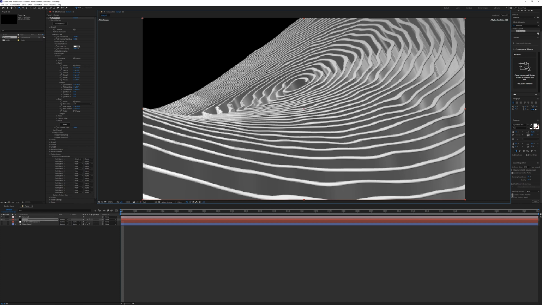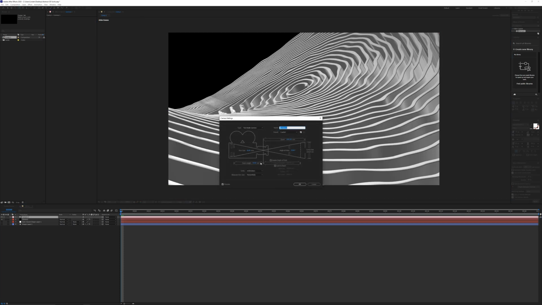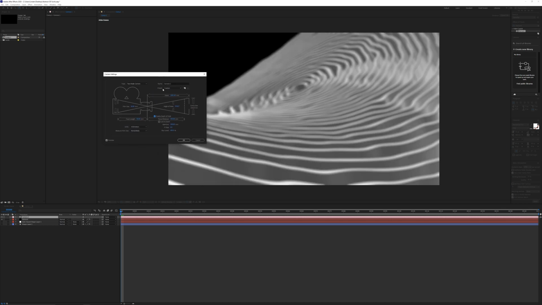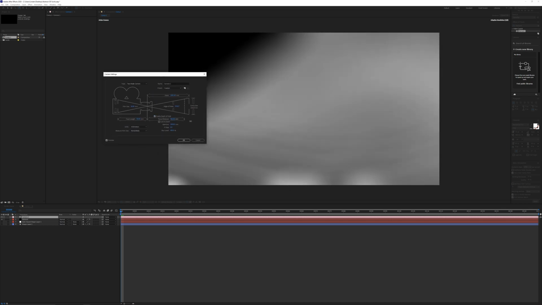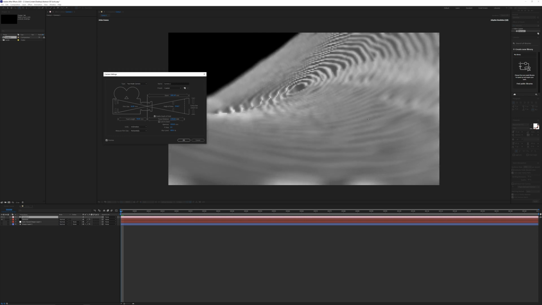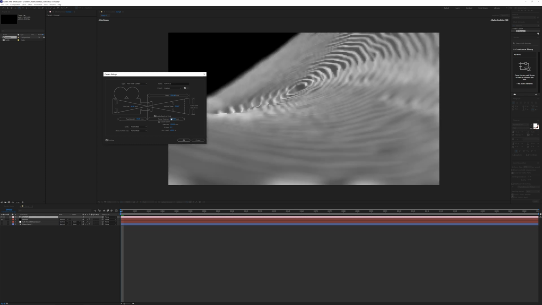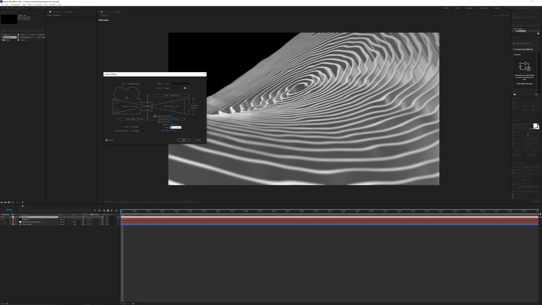And one thing that's really cool for this is to use some depth of field. So if you double click your camera, enable depth of field, drag this off to the side here. If we change the focus distance, and kind of center the focus on the center of the spiral there, and then you can increase the f-stop to something more reasonable, like a 1.4. It doesn't particularly matter though, we just want something that's blurry. And of course you can also override the blur level and just increase that to add more blur.